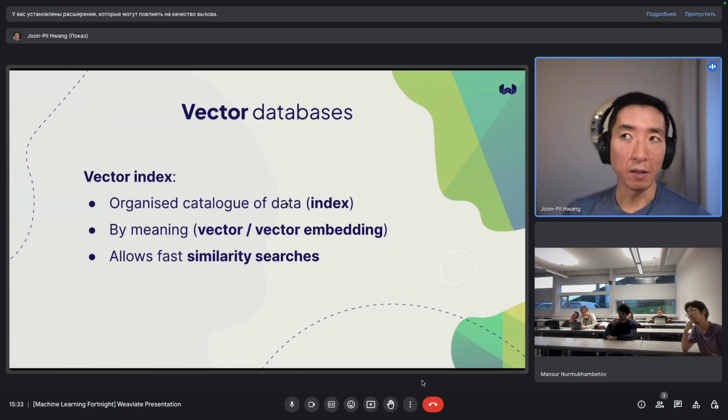And I might not get into the how of generating these vector indexes, but it's not just a simple storage of these vectors, because again, you have the same problem of scalability. If you just simply store these vectors and you need to look them up one by one, that's not really going to be tenable in terms of scaling to millions or billions of vectors, right? So there's what's called approximate nearest neighbor search that happens that allows fast similarity searches.